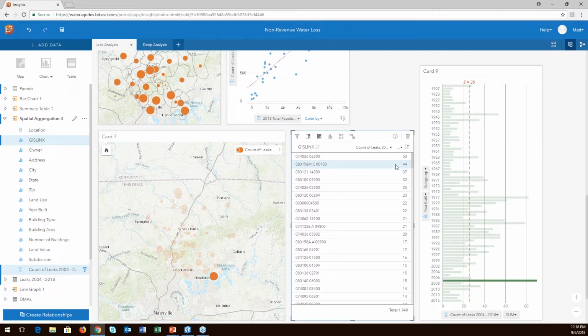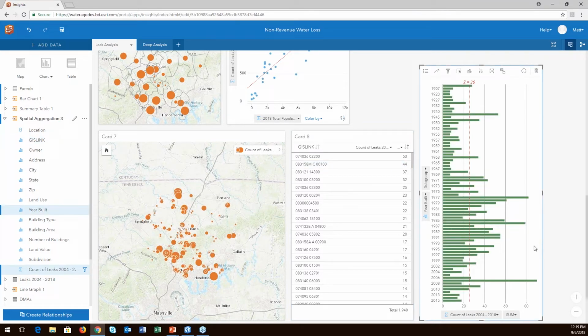Down here bothers me a lot. All right, this place that we went to 44 times is a property that was built in 2007. So, why is a place that's so new reporting so many leaks? And in fact, if I look at the chart, why is it reporting more leaks than any other year? So Insights is helping me pull these kinds of metrics out of the data to find, what problems should I be looking for, right? Now, when I look at a property that's built in 2007, it gets me thinking about